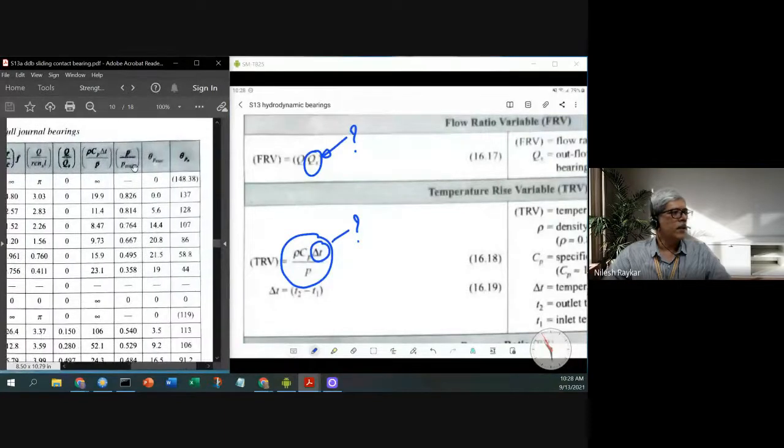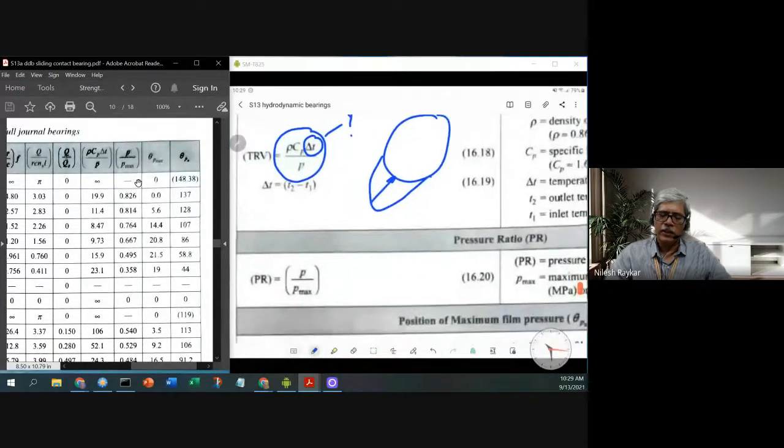So next is P by P max. We know that pressure is maximum at one particular location. The P we are calculating is the average pressure, so P is not the real pressure distribution. This is simply W divided by the projected area. If we want to know the maximum pressure, there is P max which occurs at one particular location, and that is given by this particular